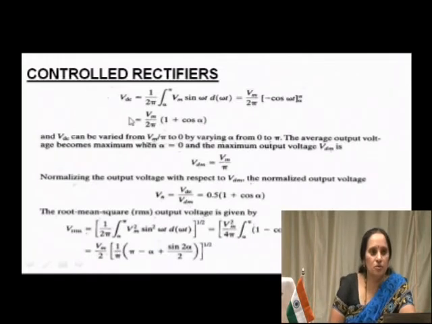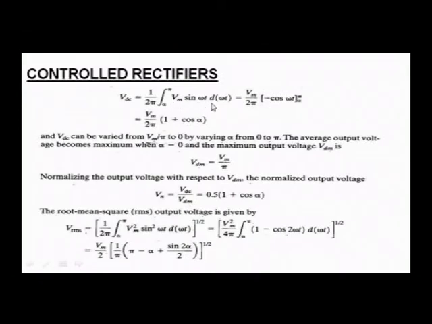Now you need not worry about this. It looks very complex, but it is very simple if you understand what it is. DC voltage: if I want the value of the DC voltage, I am going to integrate the AC input during the period when it is conducting. So please see, the integral sign I have given is alpha to pi, pi means 180 degrees, I hope you know this. Alpha to pi, I am integrating my input waveform with respect to omega t.